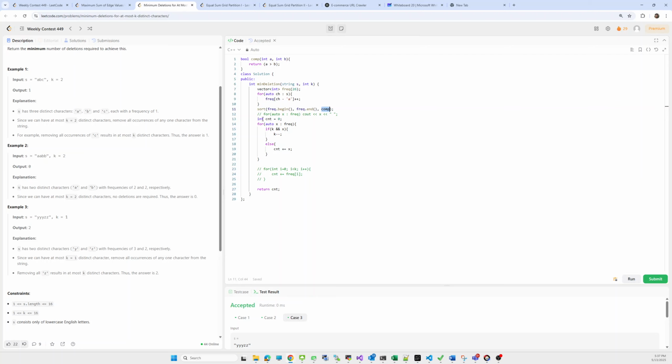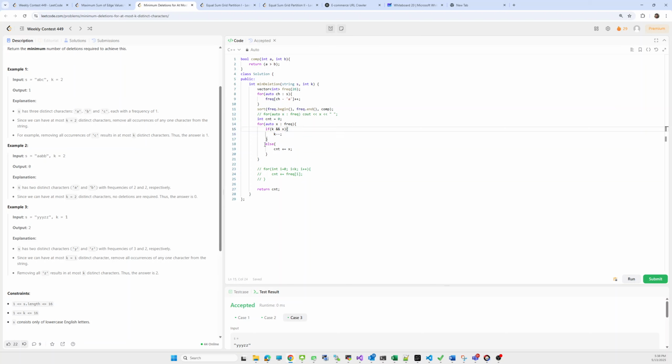Now we have to count the number of characters we have to remove. How can we count? While iterating over the frequency array, first we take k distinct characters. If k is there and the corresponding character has a valid frequency, only then we consider it and do k minus minus.